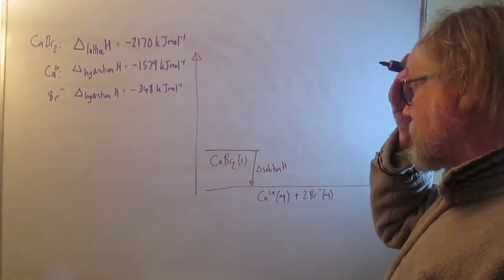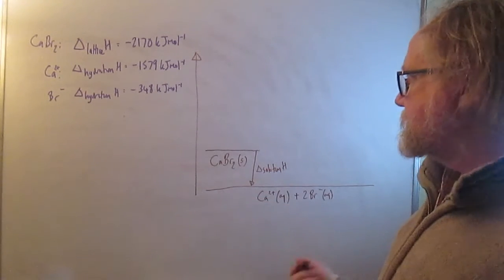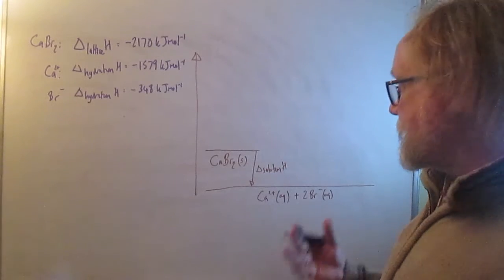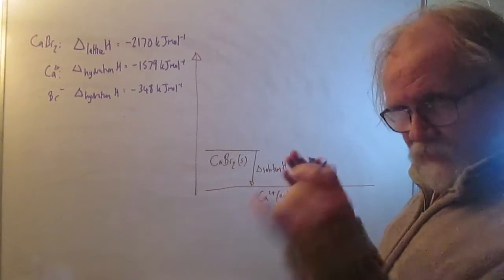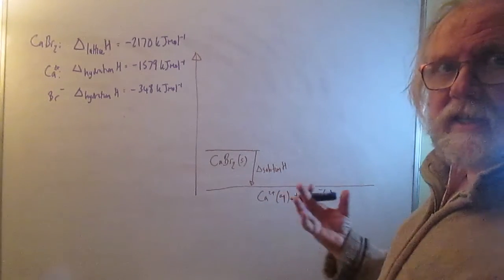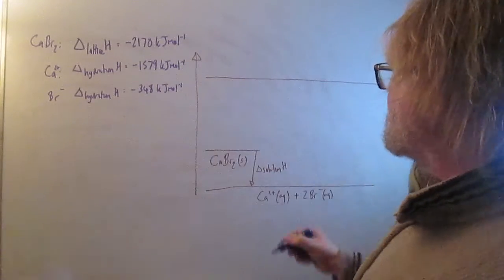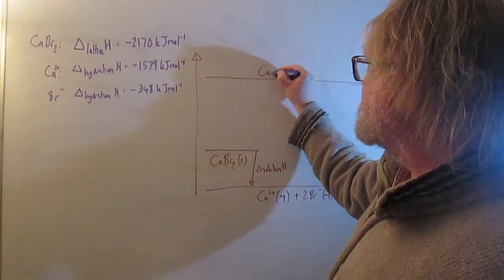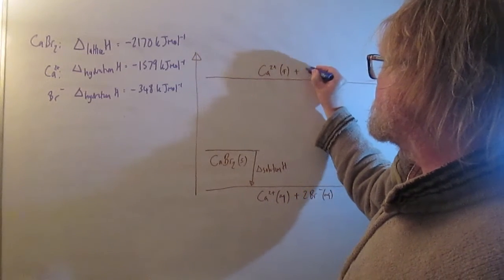So then we break it down into steps. And so you think, right, what do we have to do first to the solid? And the answer is, well, you have to break up those ionic bonds. If you do that, you separate out the ions, and if all the ions are completely separate, they're going to be gaseous. So the next step is that we're going to get gaseous Ca2+ and bromide ions,